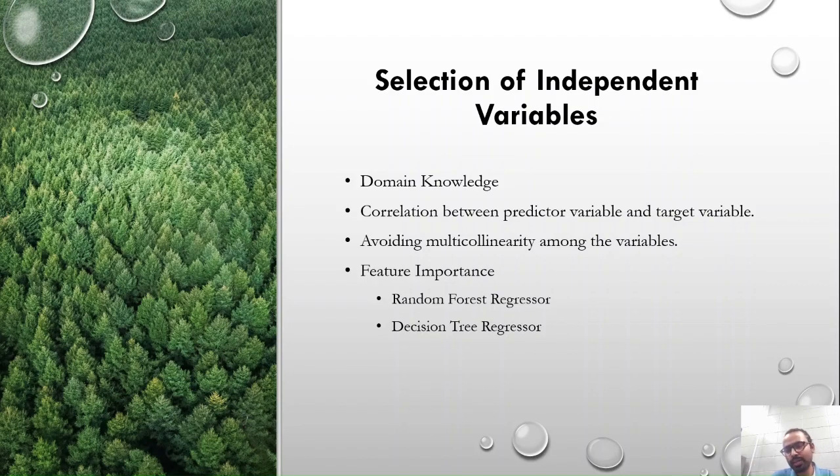Hello, I'm Aalok. Now that we have all the potential predictor variables ready in a data frame, we want to select a subset of those variables that can best predict our Y variable of interest, that is, fluoride exceedance above 1.5 milligrams per liter. While doing that selection of independent variables, we're following certain rules. Number one being domain knowledge. So we're giving more focus to the parameters that we think are